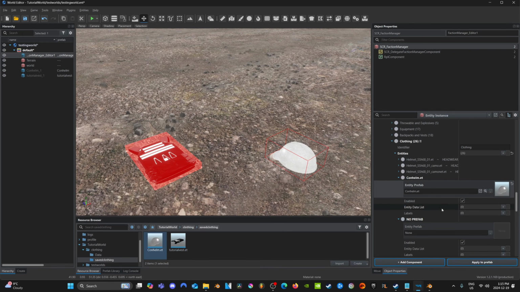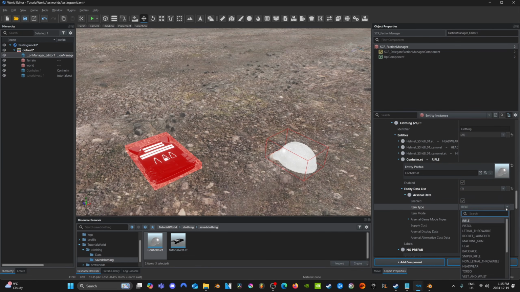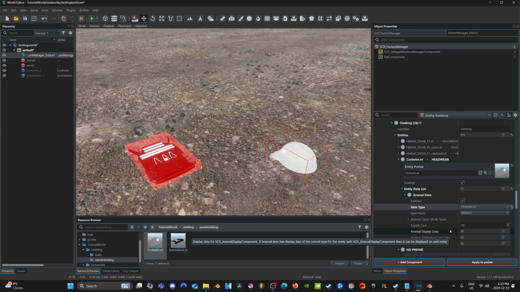And then for the entity data list, we want to make sure it's an arsenal item. And then for arsenal data, we can change it to something like headwear. This isn't the most important thing,